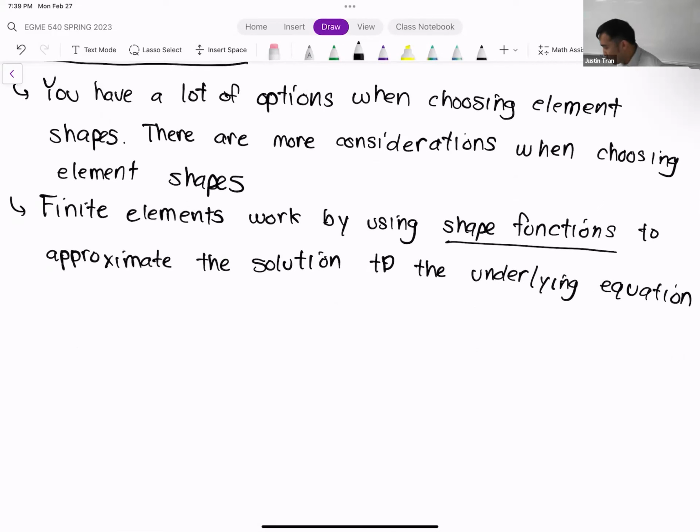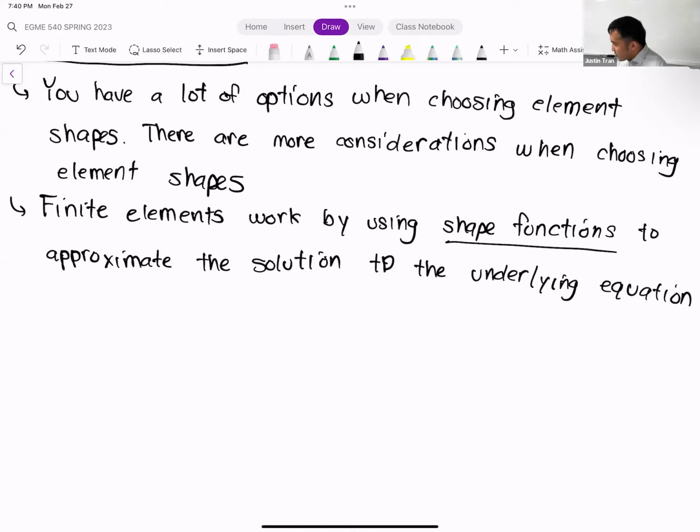And so the way they work is kind of like this. Finite elements is basically just a very fancy way of solving differential equations, right? So that's something we've talked about before. And so normally, if you're taking a math class, you're given an equation and you solve that equation from scratch, right? So you make no assumptions and you just solve the equation. And then what you get from the solution is just the solution, okay?